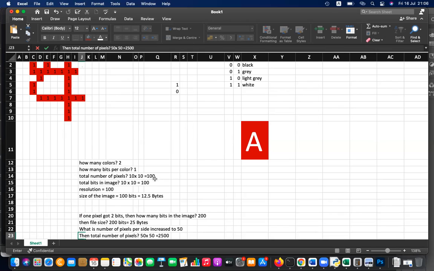20 into 20 is 400. 50 into 50 is 2500. Then